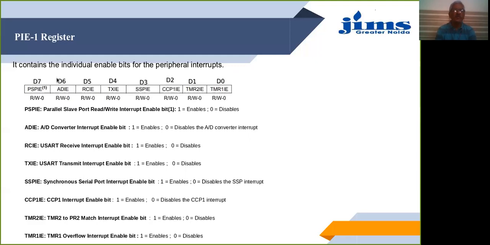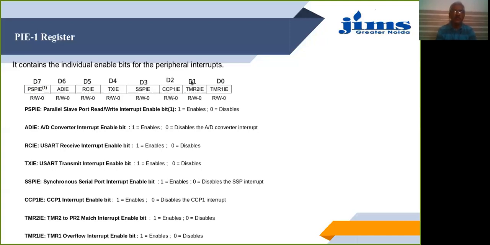Next is the A to D converter interrupt enable bit. If you want the interrupt to occur on the conversion completion of the A to D, then you can set it to 1, otherwise you can clear it to 0. Then you have the USART receive interrupt enable, then the USART transmit interrupt enable, then the synchronous serial port interrupt enable, then the CCP module interrupt enable.